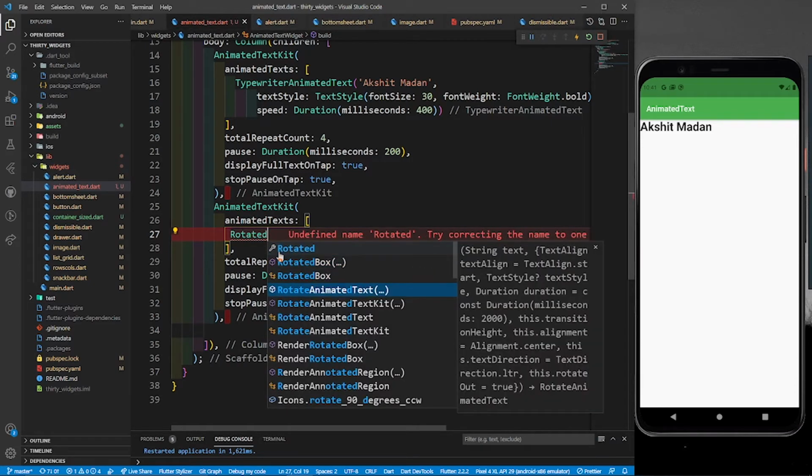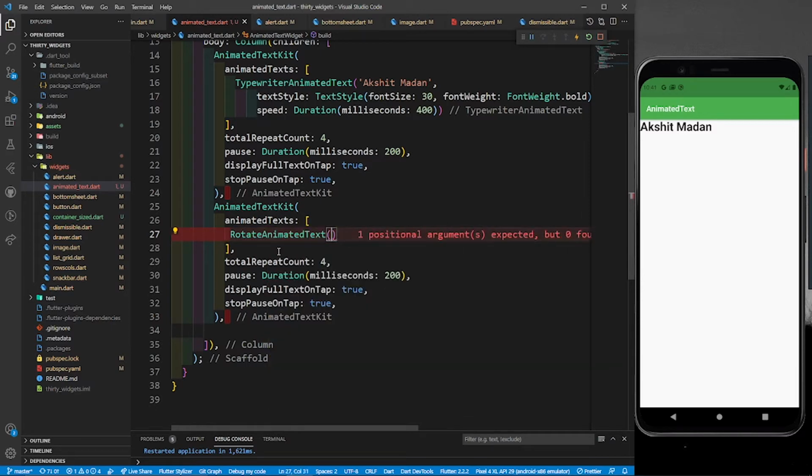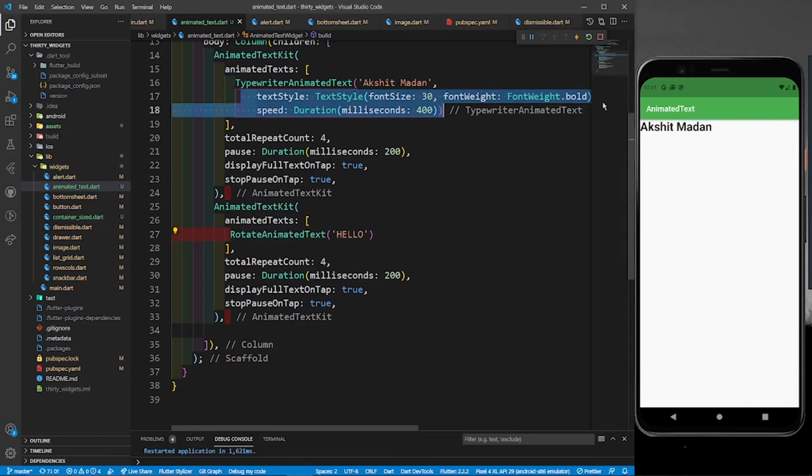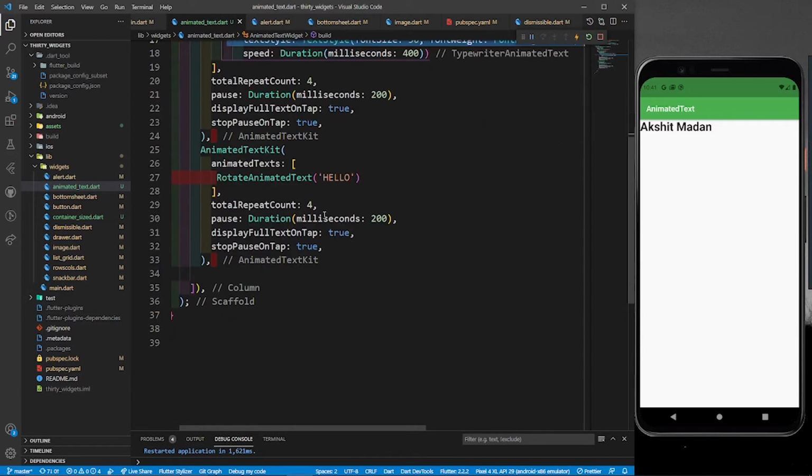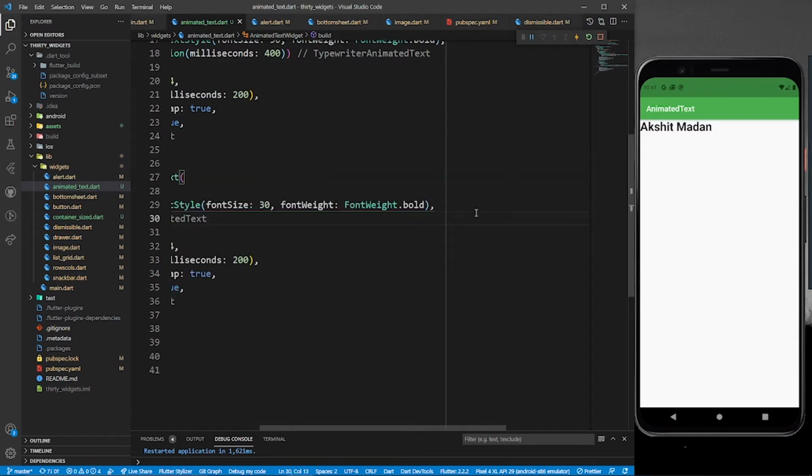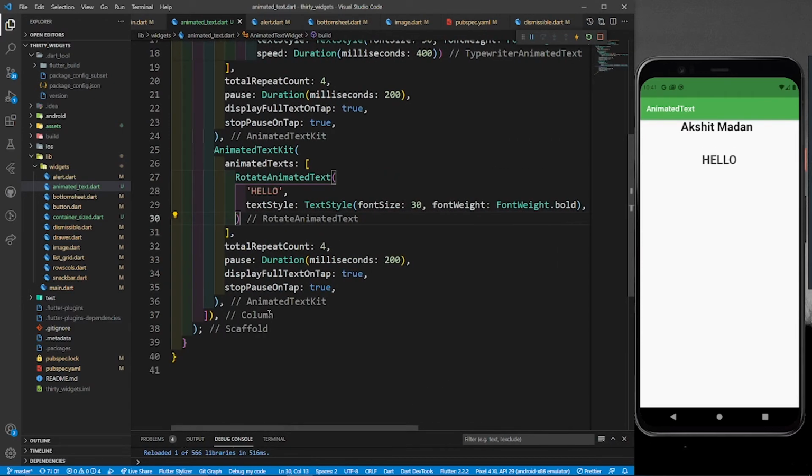Yeah, write it. And in this also you have to write the text. So I want to write hello. And then you can again define the text style. So I'll just copy it from here. Then you can paste it over here, save it. And then the next thing that I want to do is,